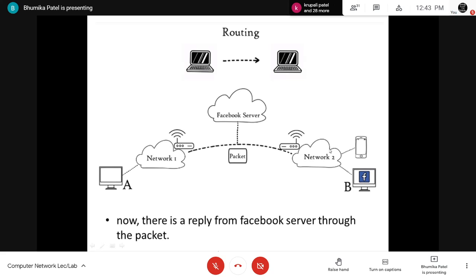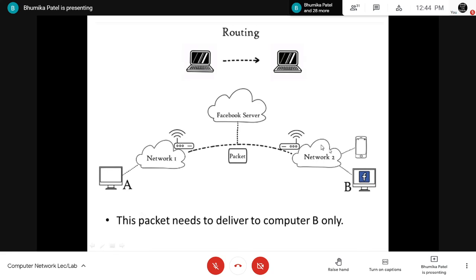Okay, it can be done with the help of the IP address. So this packet needs to be delivered to only where? Facebook server. So whenever I am requesting for the facebook.com, now there should be the reply from the Facebook server in the form of the packet. That means here on the screen there should be the web page of the Facebook server. So this packet must be delivered to only computer B. Here as you can see, Facebook server is connected to multiple networks.